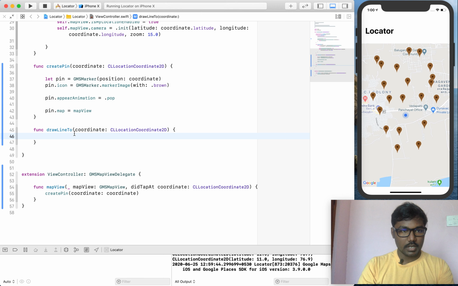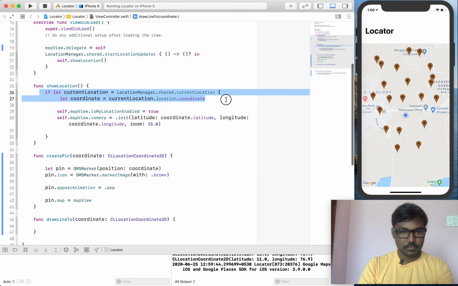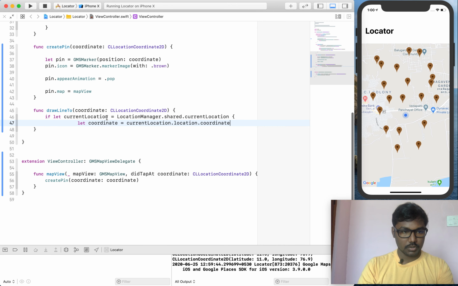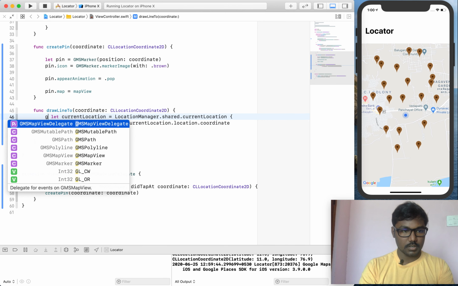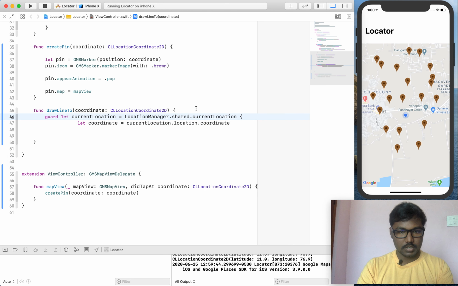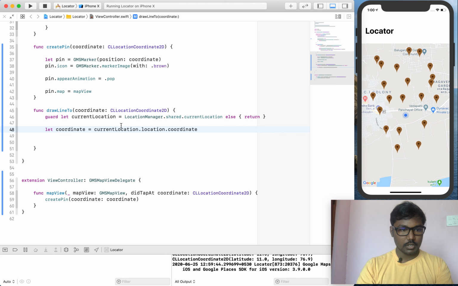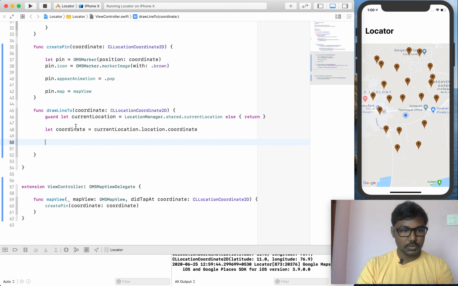Now I already have my current location, so I am getting that current location using guard let, else return. Now I am having the coordinate, and also this is my coordinate,